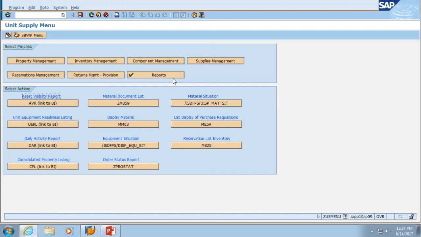ZMB59 tracks movement, or your MIGOs, done inside of the system. So if someone issues equipment or receives equipment, you can see the date, time, and EDIPI number, which is the number on the back of the CAC card of the person that did that. Your catalog is MM03, so whether you're used to using FedLog, WebFLIS, LIW, or PBIS catalog, MM03 is your catalog inside